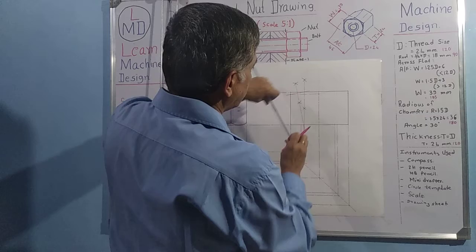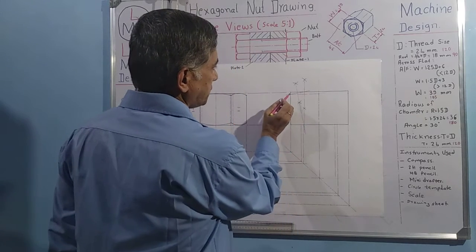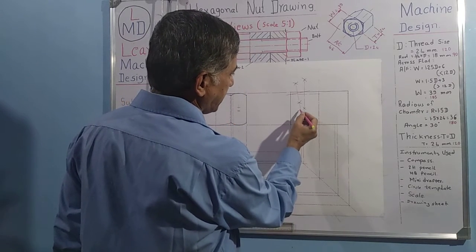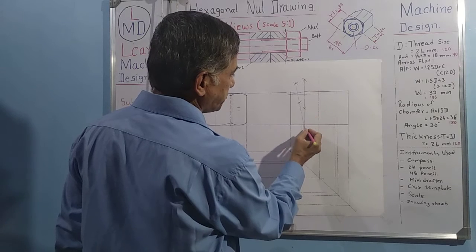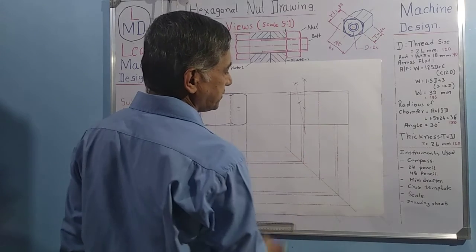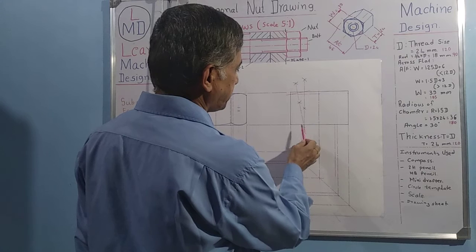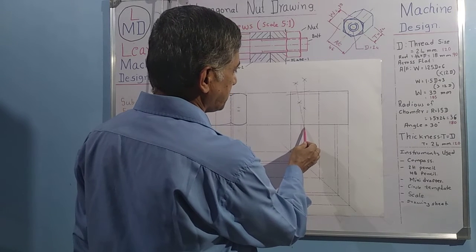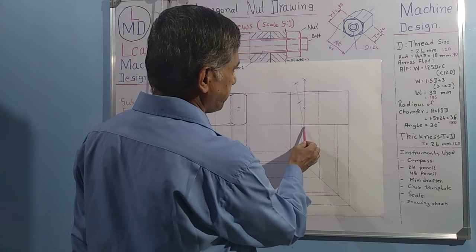Okay, so we have this line and this line. These 2 lines are joined here. This is the joining point, and this is considered as the radius center point of this